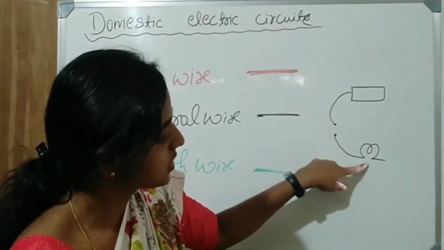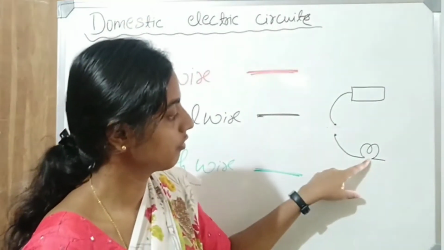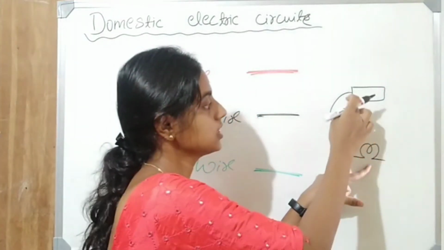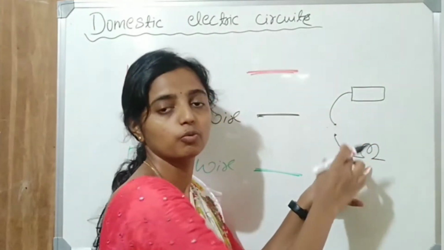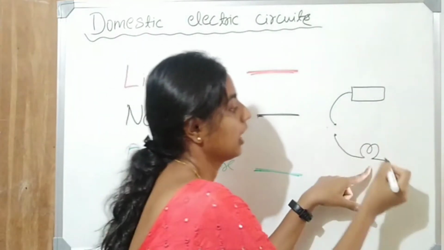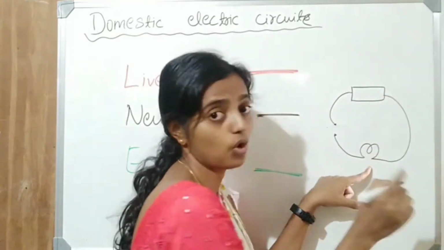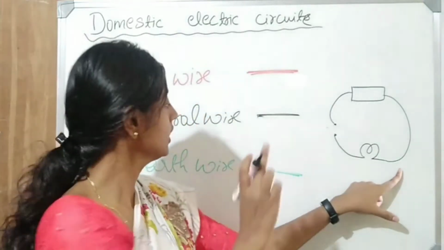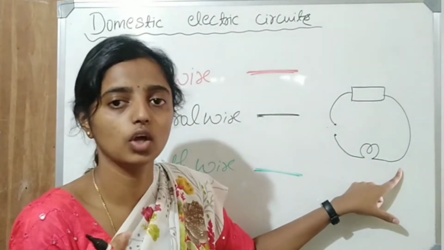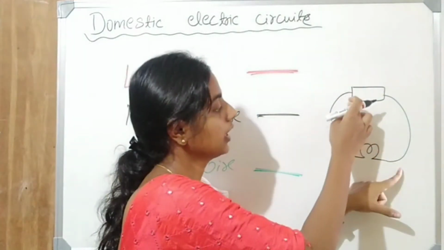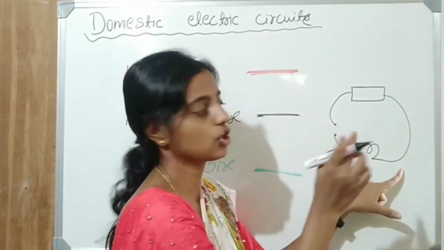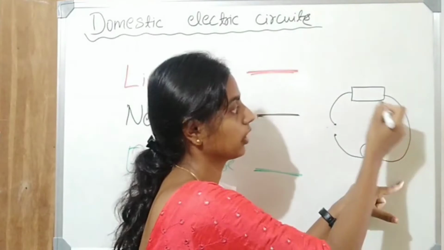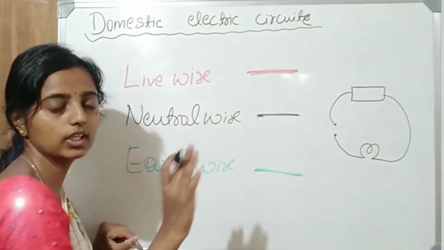If the current we get from the board goes to our appliance, to complete the circuit there should be another wire, right? So this is the live wire, where the current will be flowing all the time, and to complete the circuit we use one wire that is called neutral wire. Observe, if the switch is off, there is no flow of current in the neutral wire. Only if the switch is on, to complete the circuit, the current will flow through it. So when we switch on, the current will pass in the neutral wire. If you switch off, the current won't flow in the neutral wire. So remember, the current is always flowing in the live wire.